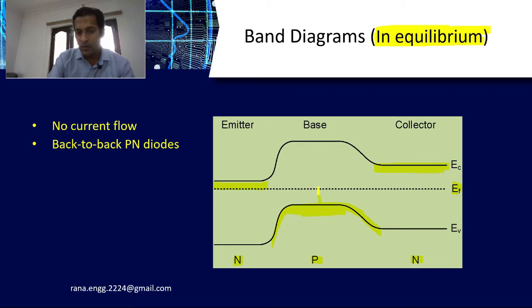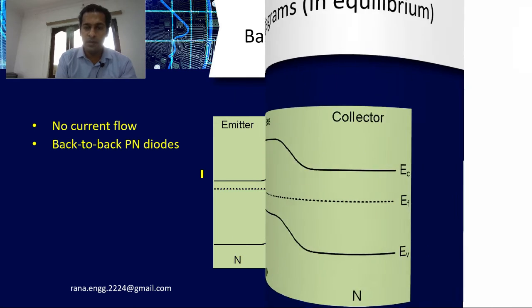The Fermi level will be near the valence band only for the base, because it is P-type. You can see this distance. For the P region, the Fermi level is near the valence band. For the N regions, emitter is N, collector is N, both of them are N, so EF is near here. In the emitter, there will be more doping, N++. More electrons are here, so it will be even closer. So like this, you have to remember the energy band diagram for a transistor, say an NPN transistor.